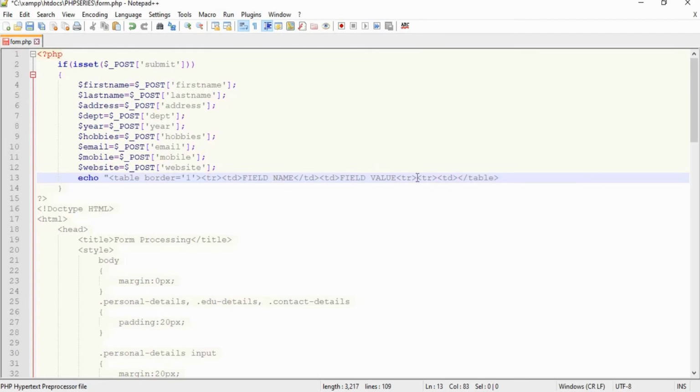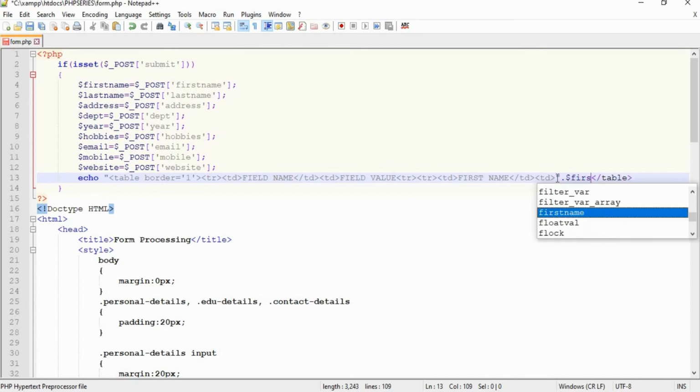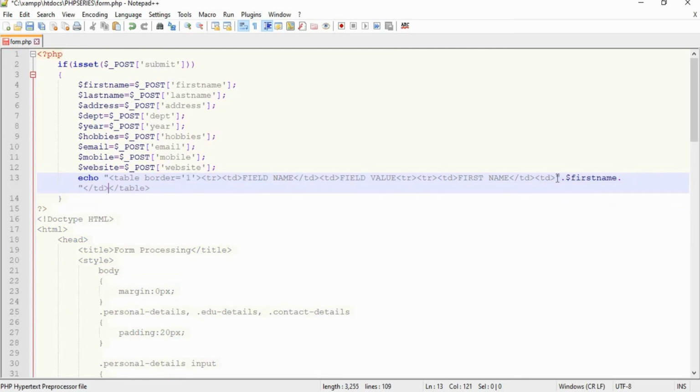Inside it I am going to have name as first column value, and for second column value we have to print the value that is entered by the user. That is, we have to print the first name value, right? So for that I am going to close my double quotes here and I am going to print the first name value here, right? So I have completed printing the first name in the form of variable, and I am going to continue the structure of HTML, right? So now we have closed the column here with the variable name.